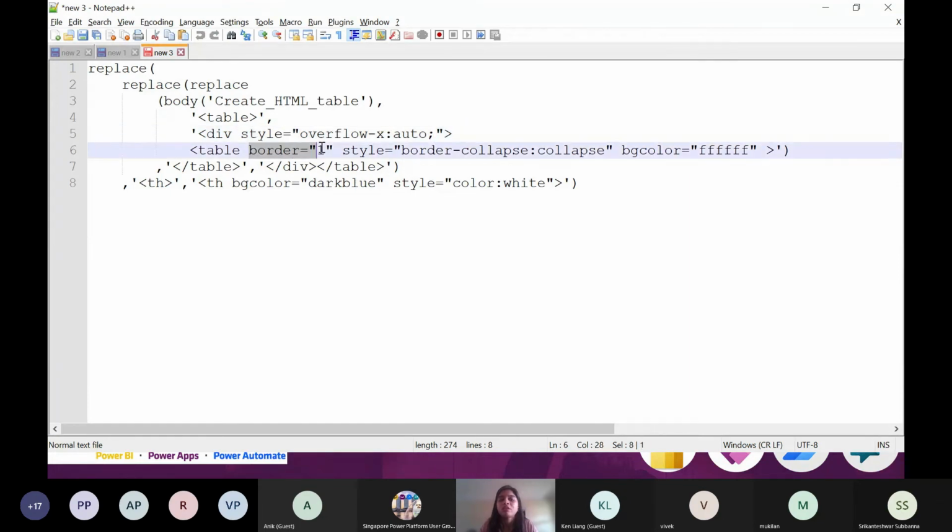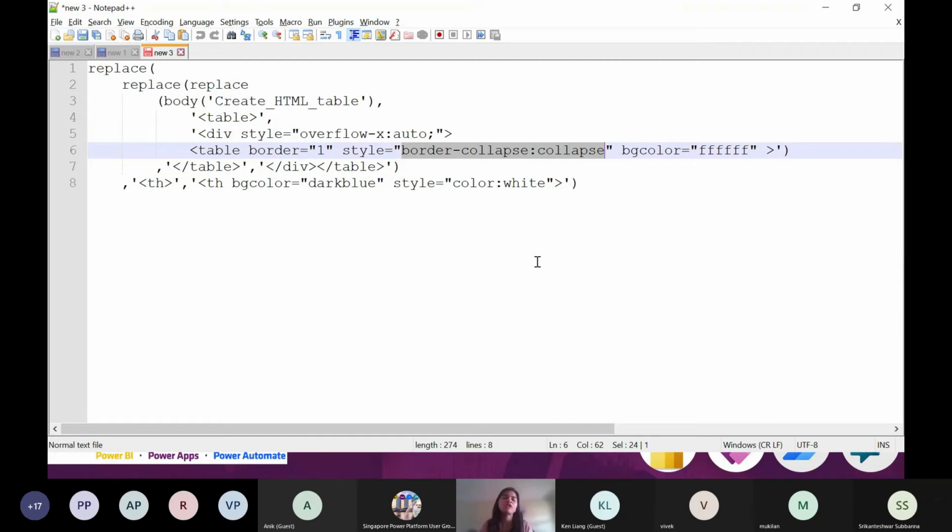I wanted a border width of 1, so that's the border. You can also make the border 2 or 5 if you want a broader border of the table. What the collapse is doing is, usually when you do an Excel, it gives you a double layering border. So it is making it a single border.